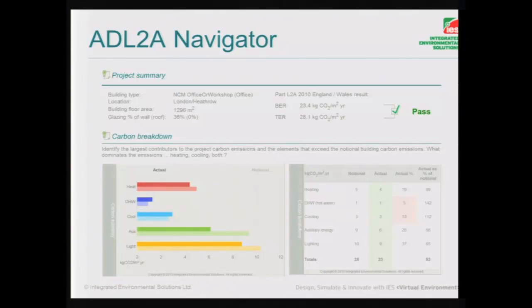So in this particular analysis I've run, I can see my domestic hot water and my cooling is poorer in my actual building than it is in the notional building. So those would again perhaps be areas I'd want to investigate. Well, why am I performing poorer? And then go and make changes to try and bring that at least